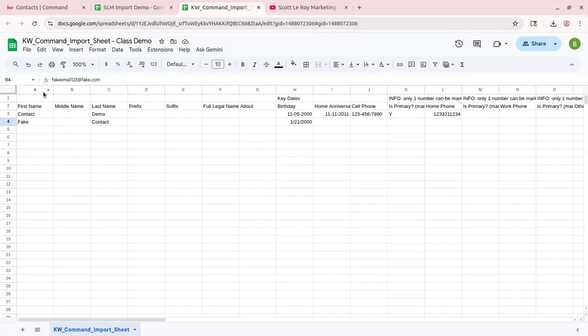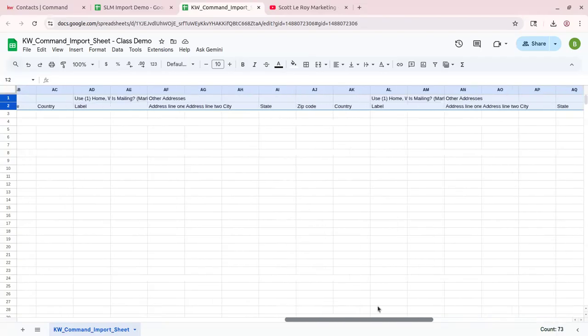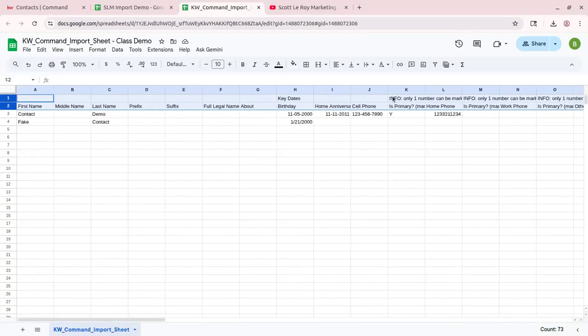But you're going to see all of these. So this is, again, the command file, the command template, and you'll see these headers right here. Very important thing is you do not want to edit or mess with these headers at all. They do need to stay exactly as they are without making any changes to it, just because it will mess with the import if you do make any changes to it. So don't make any changes to that header right there, the top two rows,